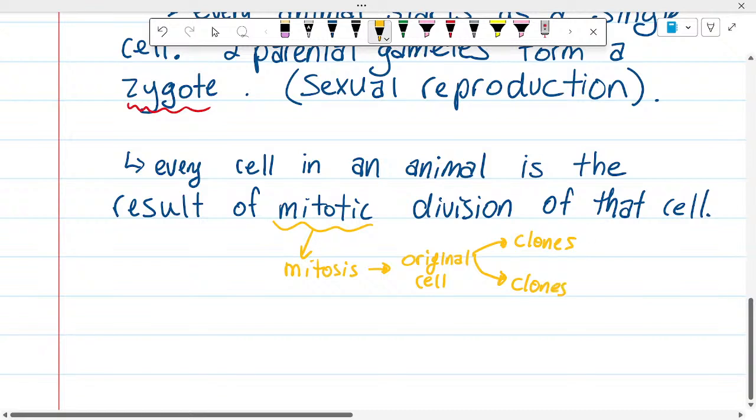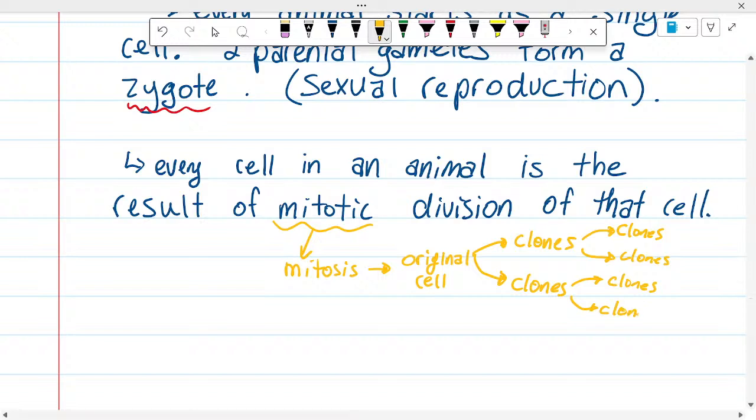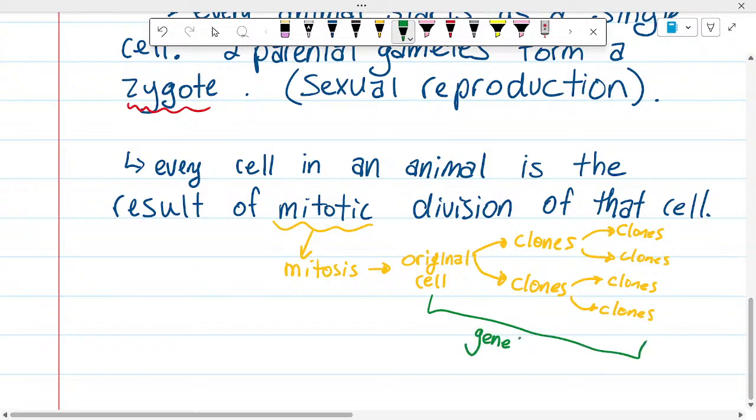And of course, what can happen after that? Each of those can split and form another clone, right? And so on and so forth. But the thing to take away is that all of these, in terms of genetics, are all genetically